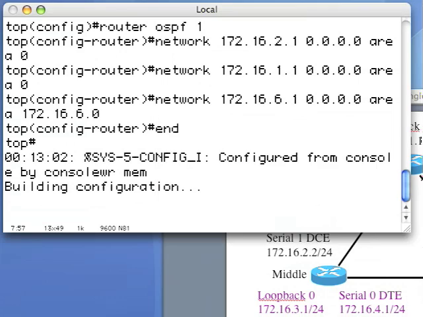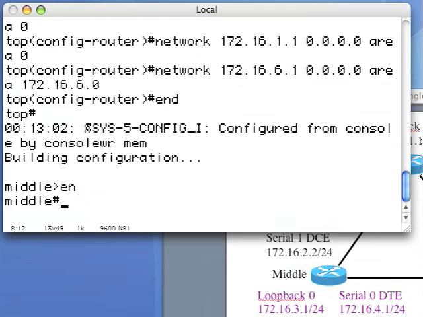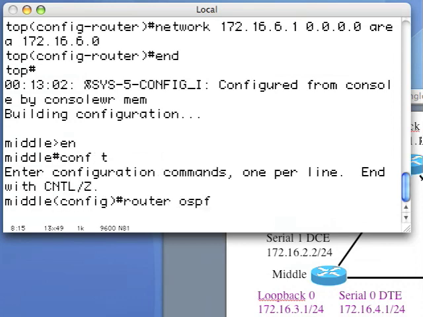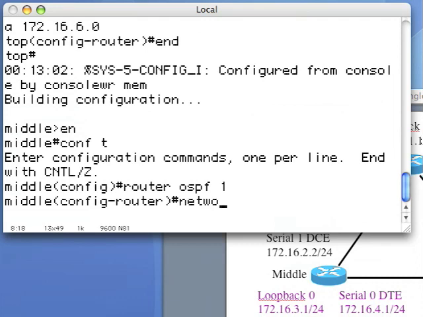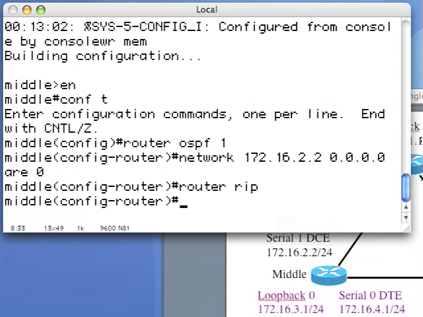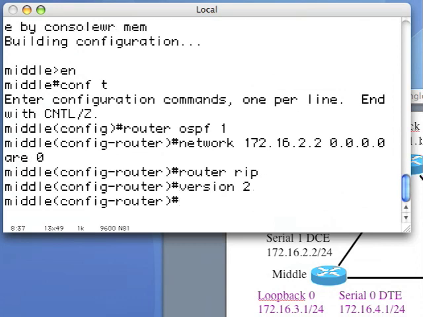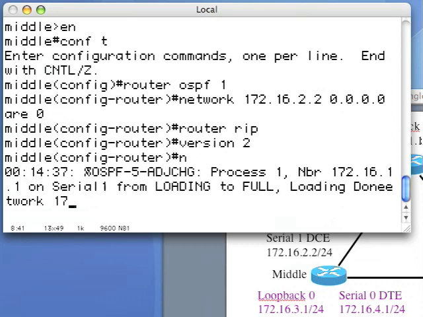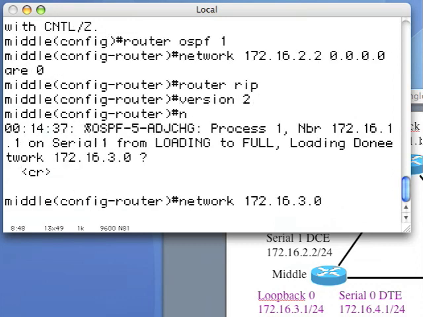And let's go to the middle router. On the middle router, conf t, router OSPF 1, network 172.16.2.2, don't care bits of 0.0.0.0, area 0, and then we need router RIP, version 2, and then network 172.16.3.0,